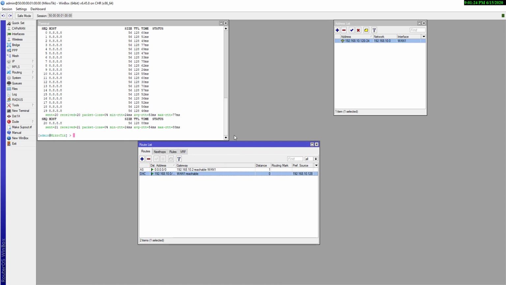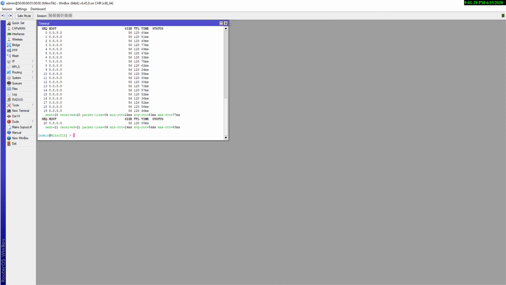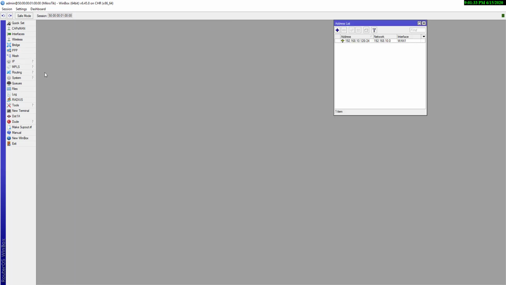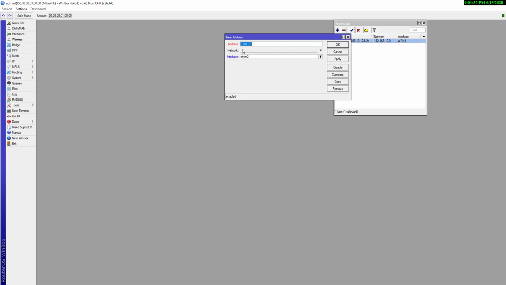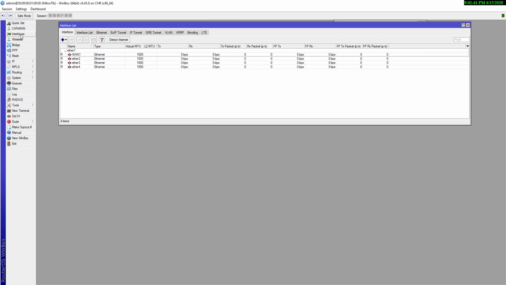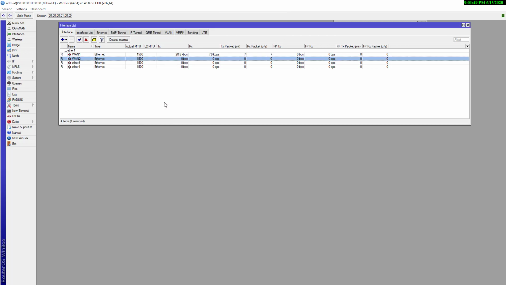Now let me show you again what you have to do. Just go to IP and Address, and here you have to create another WAN if you want to, once one is finished. Go to the interface, take Ethernet 2 as WAN 1, change the name to WAN 2, and apply and OK.